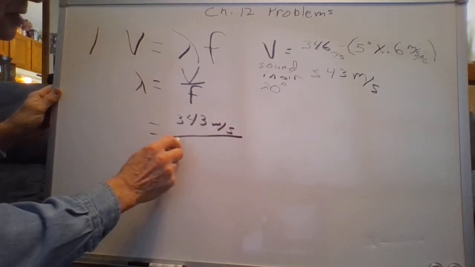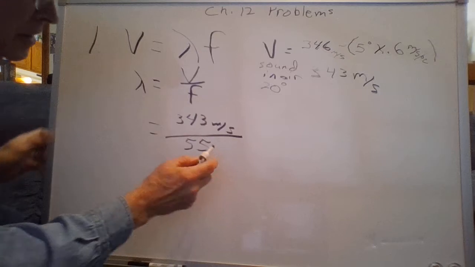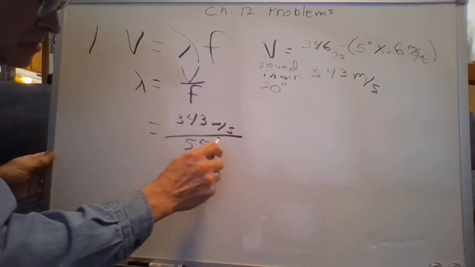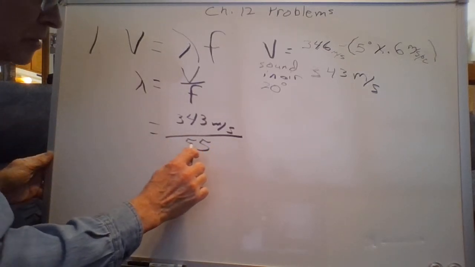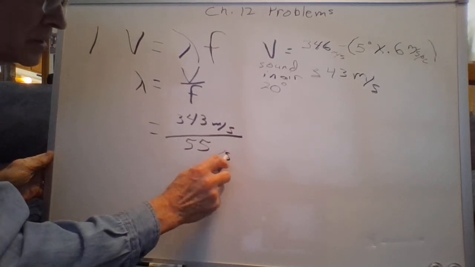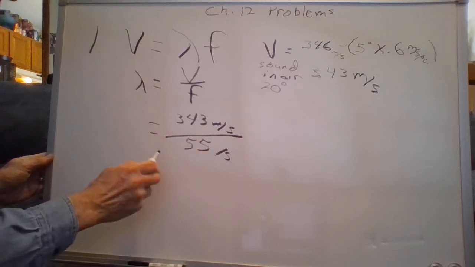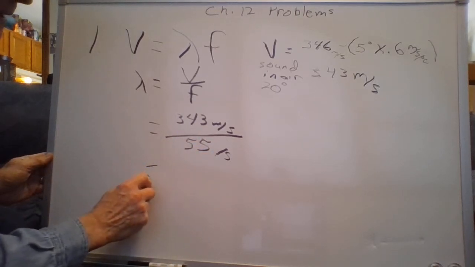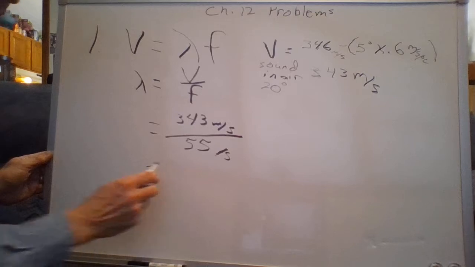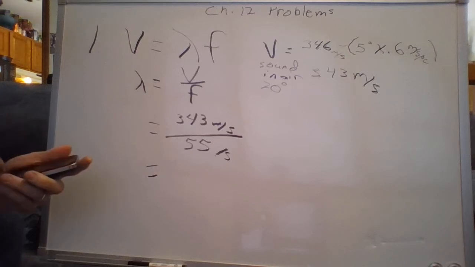Divide that by the frequency of 55 hertz. If you like to see the unit labels eliminated, that would be 55 per seconds. Of course, that means that if you divide meters per second by per seconds, or hertz, I'm going to give you the label meters, which would be,